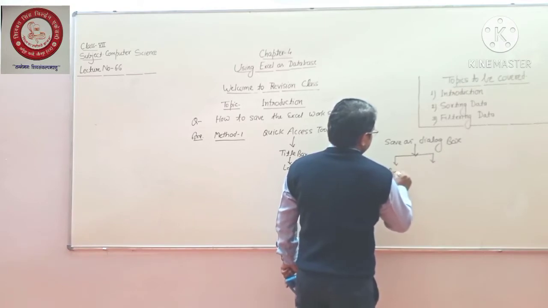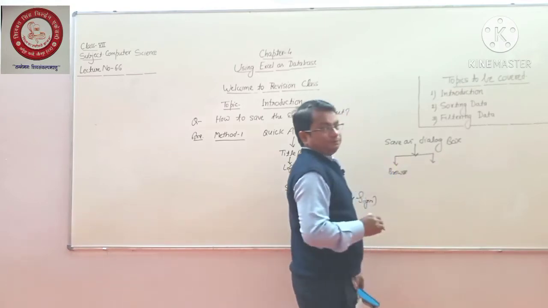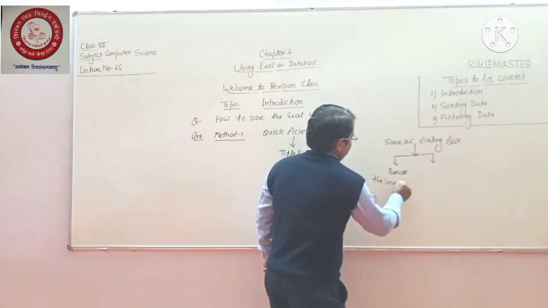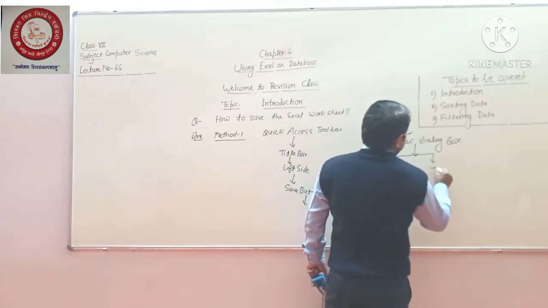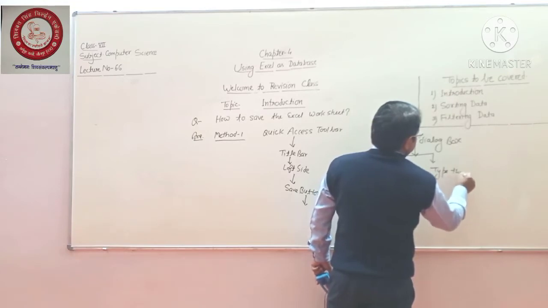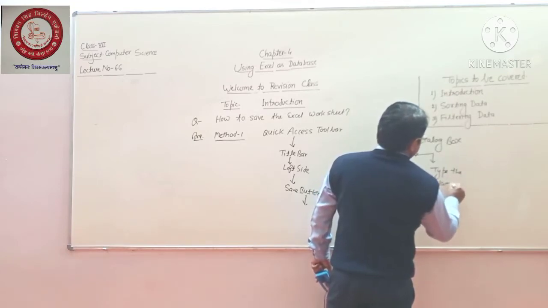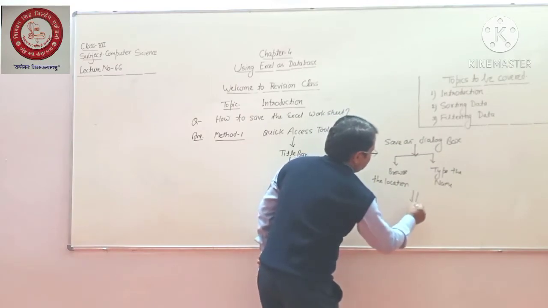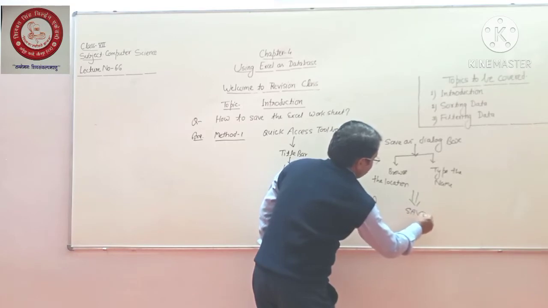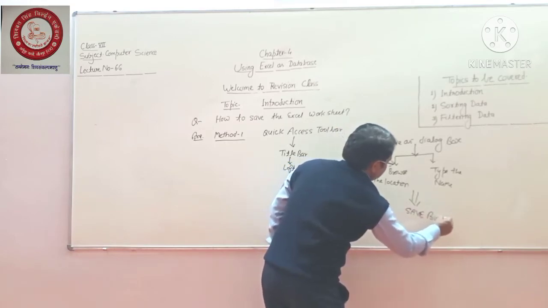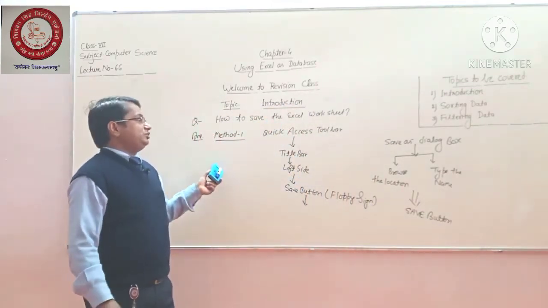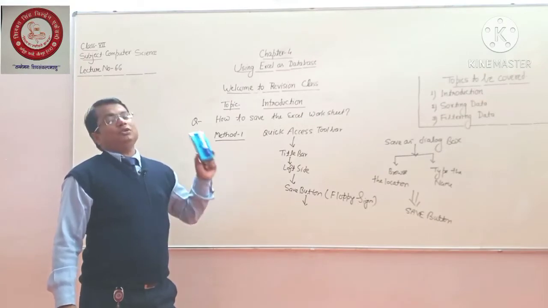In this dialog box, you need to perform two things. Number 1, browse the location where you want to save. Once it is decided, type the name of your file. Once both things are done, finally click on the Save button in the same dialog box. This is the whole process by which you are able to save your file.